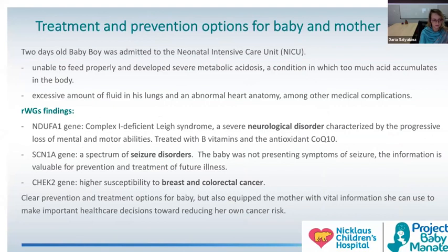After a few days, we received the results of rapid whole genome sequencing and found mutations in 3 genes. The NDUFA1 gene helped us to diagnose a severe neurological disorder, complex I-deficient Leigh syndrome. And fortunately, there is a treatment, surprisingly very simple, with B vitamins and an antioxidant that may help manage this disease. The second mutation was in the SCN1A gene,